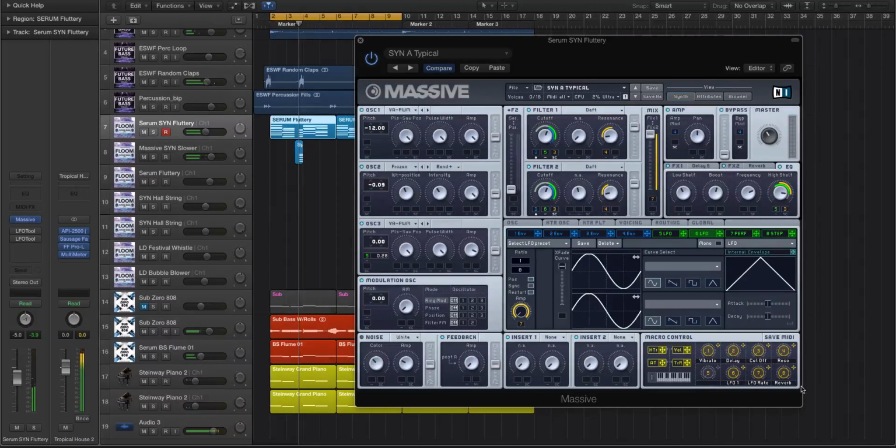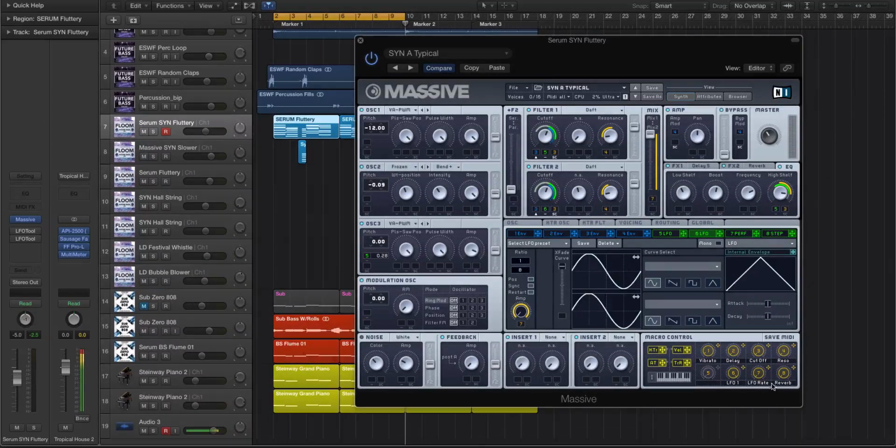So then you can do something like this. And again, you can automate all that in, and you have some really cool ways to actually change your sound, and it's all going to be tempo synced as long as you go from hard left to hard right with your macro knob. If you slide in between it,